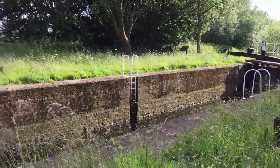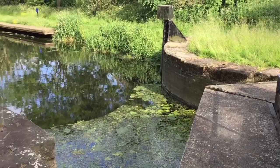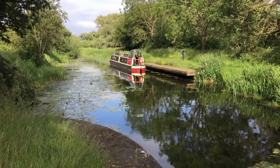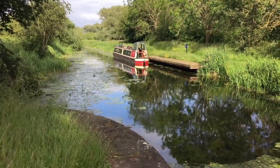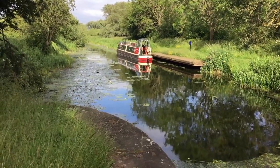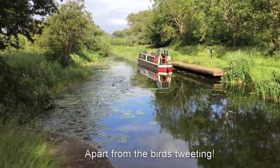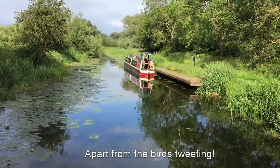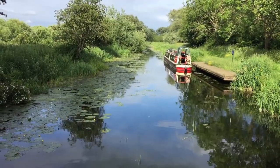So this is Cottingwith Lock, and we just came through there today, and we moored up just over there on the lock landing. We pulled forward a little bit, so if anything does come down or up, there's space for someone to get on there to operate the lock. But I don't know, it's just so quiet here. We don't really expect to see anybody really. But it's really peaceful. Looking forward to spending a few days here,